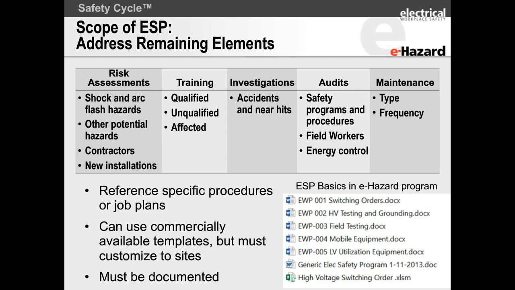We have a program that we offer to people. We have a class on how to write programs, but we offer the program documents that start you off and give you something, which always has to be customized for your sites to make sure you're meeting the full OSHA requirements. But having all of the aspects of your program in place will make sure that with PPE,